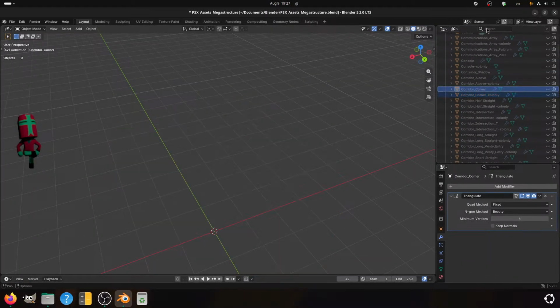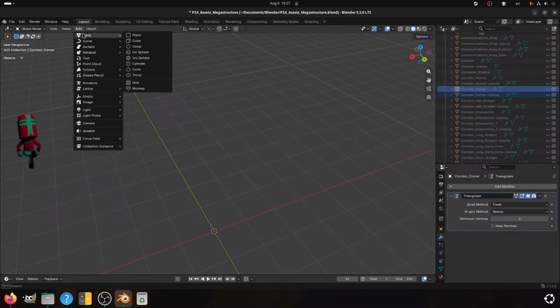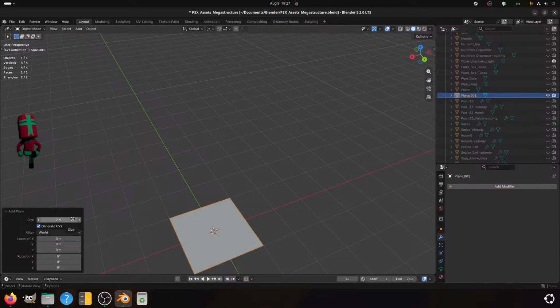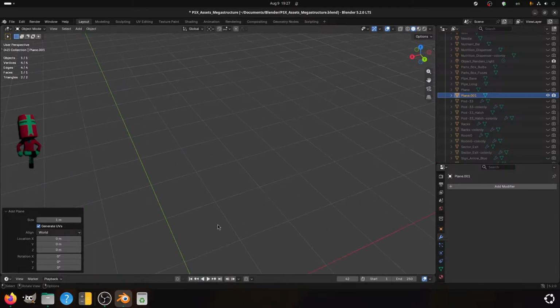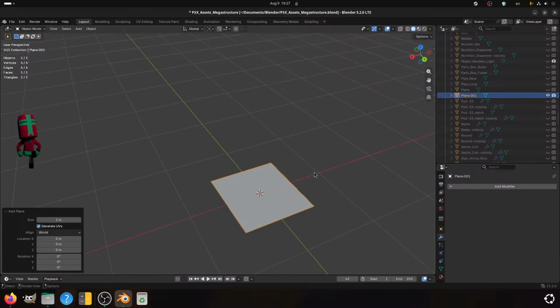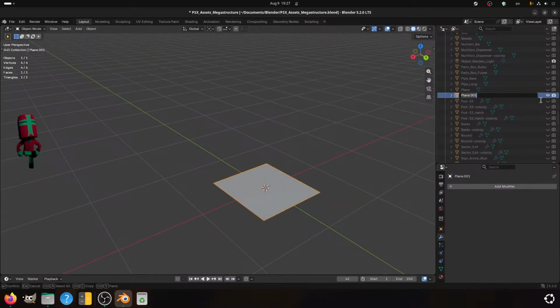Be gone. Add mesh plane. 2000 by, say, 1 meter. It will be poster 1.